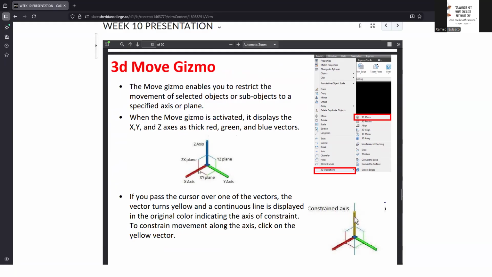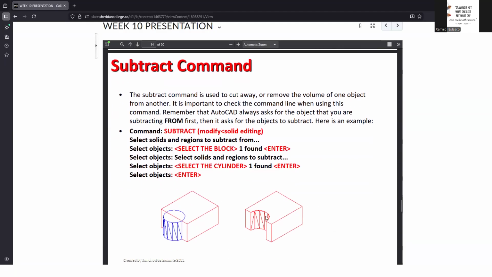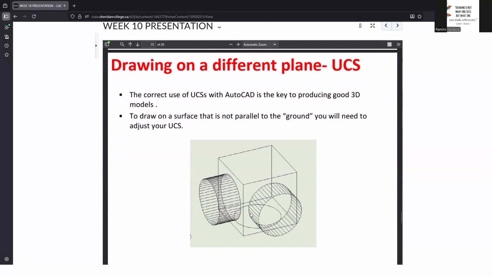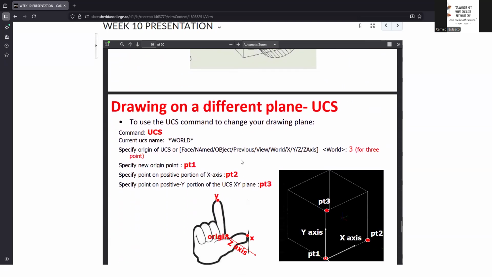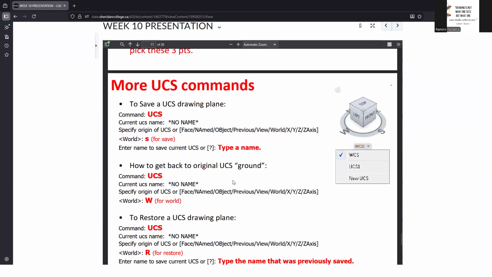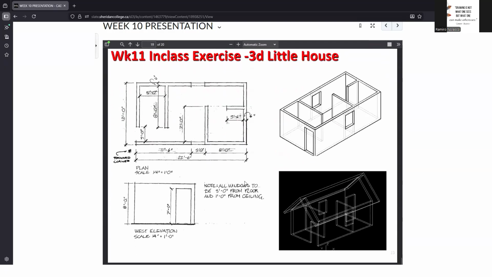You need to be in the shaded view to activate the 3D gizmo. So that's the subtract command. UCS: normally, you don't need to change the UCS. It automatically goes to the surface, especially if you're in a shaded view. So UCS. And then we have our exercise.